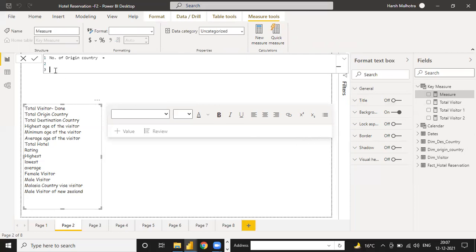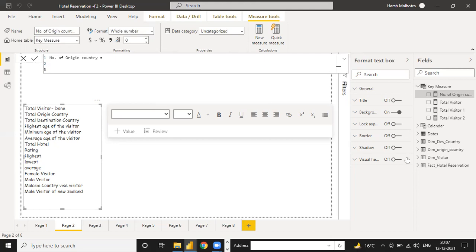But if you calculate via dim, then you can use only the count function or distinct count. And when you calculate from the fact table, then you have to use the distinct count function. Why count and why distinct count? In the fact table we have repeated values, but in the dimension we don't have repeated values.